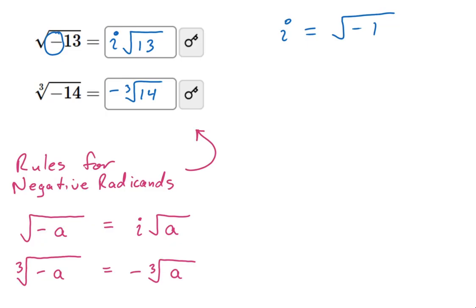And that's it. From here, you would go on to do factor trees, right? You might say to yourself, well, does 13 factor into anything? And that's just 13 and 1, so I can't simplify that anymore. Or you might say, does 14 factor into anything? Well, that's 2 and 7, but those are both prime numbers. So in that case, we're also stuck. These would be the fully simplified forms that I've got circled right here.